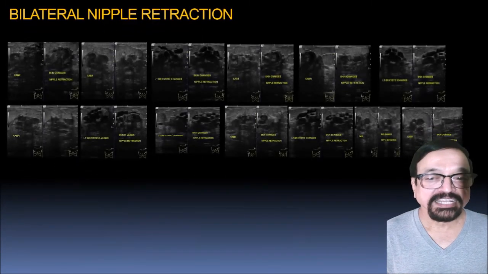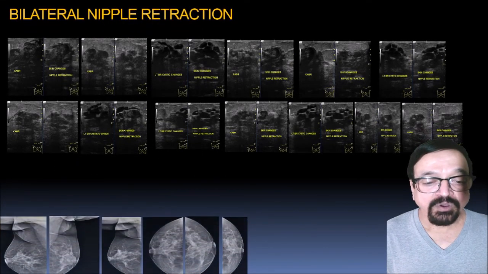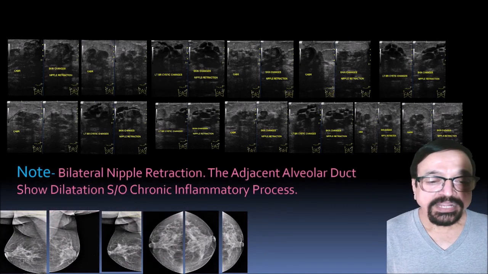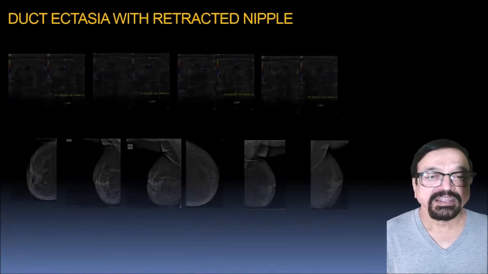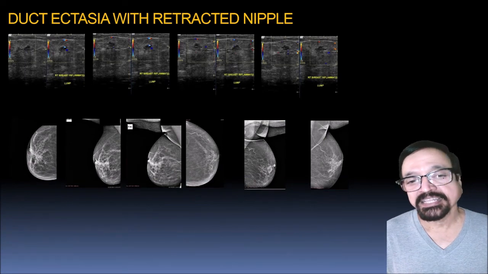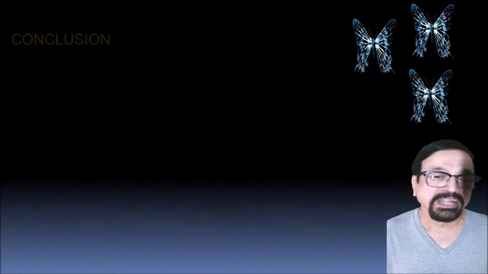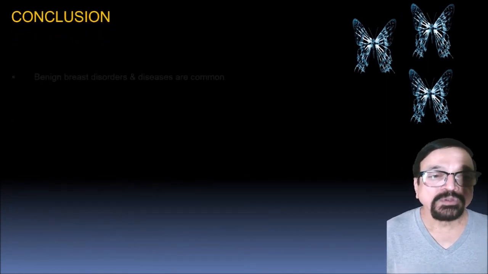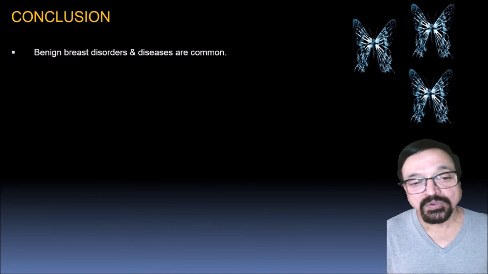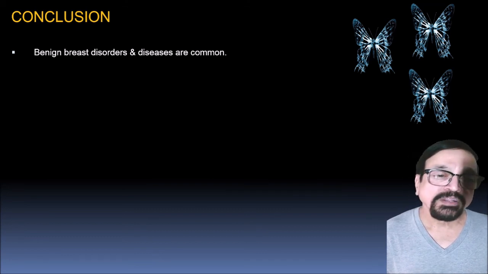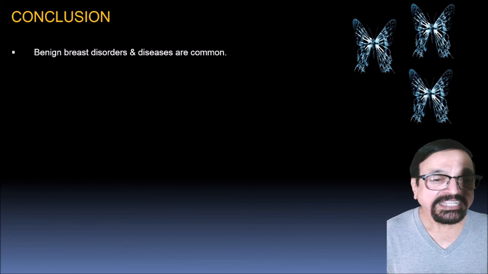So these are the different cases and different underlying causes which we have already enumerated. Chronic inflammatory process is best seen by ultrasound. Now here it is duct ectasia with retractile nipple. Sometimes it is a chronic inflammatory process, sometimes there is no cause, sometimes it is malignancy. So you have to see not only the history, you have to alter the technique, and you have to see the subareolar tissues properly.